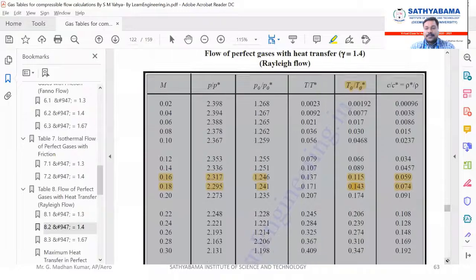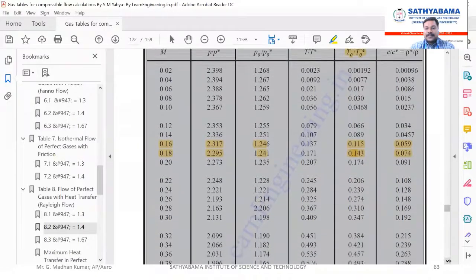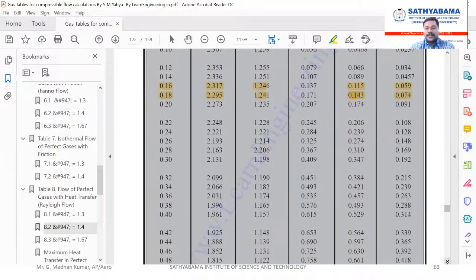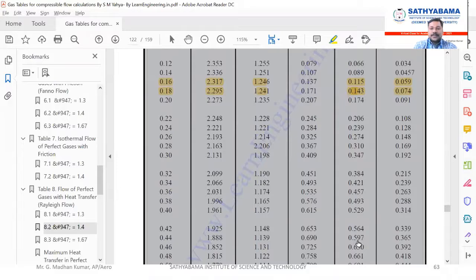So here 0.20, then 0.421, 0.529, we have 0.630. So the values are somewhere in between these. We can select either of these values, and then we will have the value of the Mach number. I am considering the larger value here, so 0.630. On rounding, they have 0.6, so I am just considering this second value.